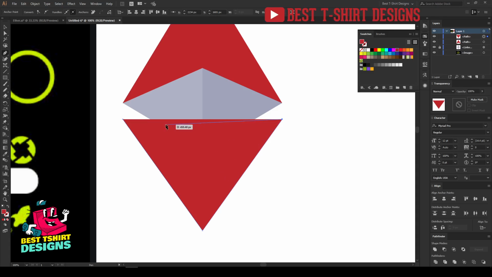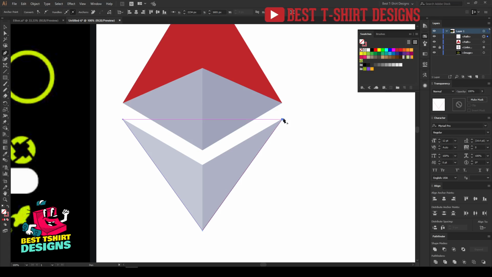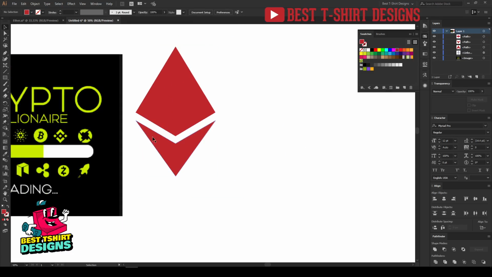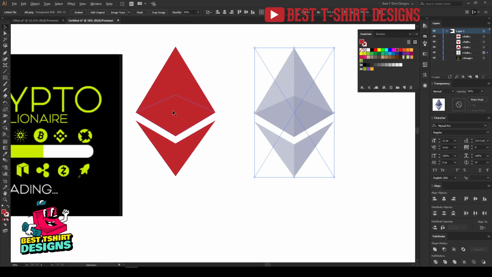As you can see, this is in fill mode, so I cannot see what's going on here. So if I press Shift X, that will invert it. That means now I have only a stroke, no fill, and then I can join it. So this is how I can simply make the outline of this logo here, just like this. And then once it is done, I am going to select it and then press Shift X again. So Shift X means fill color.